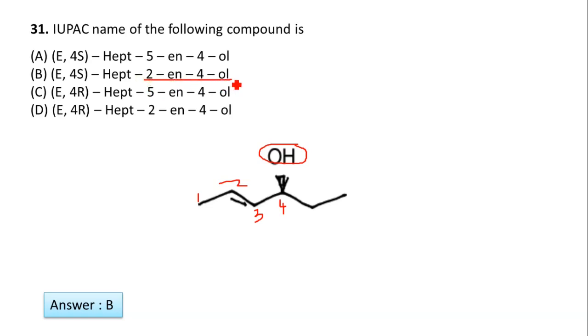2-en-4-ol. In option D, it was given as an R compound. No, this compound was S. Hence, option A was ruled out. Option C was ruled out. It is an S compound. So, option D was ruled out. Hence, the answer is B, E 4S hept-2-en-4-ol. Okay. Next